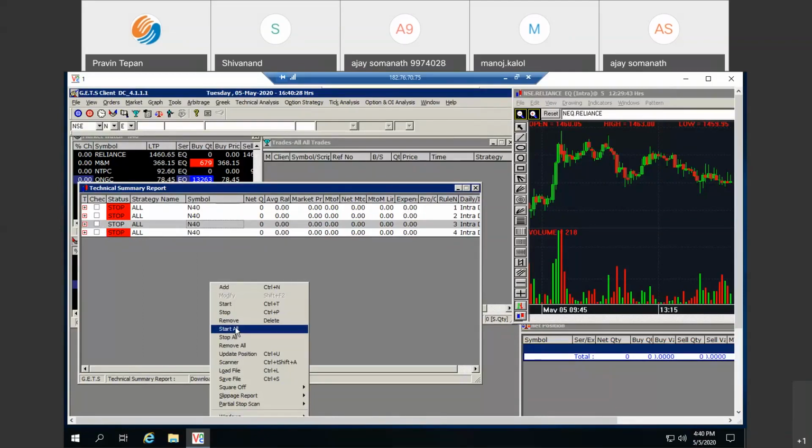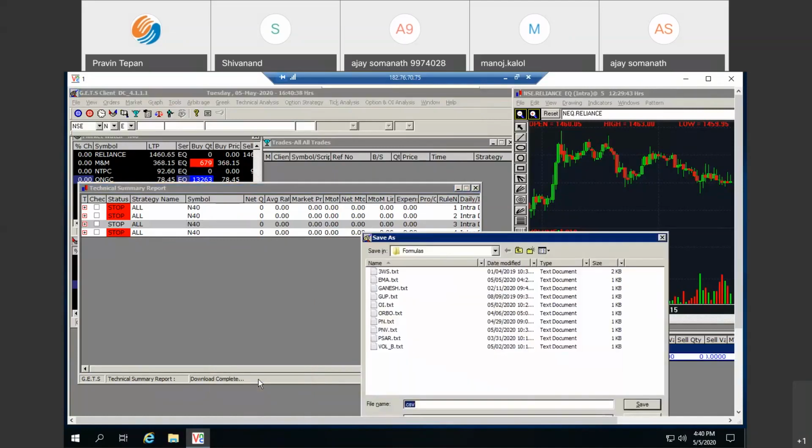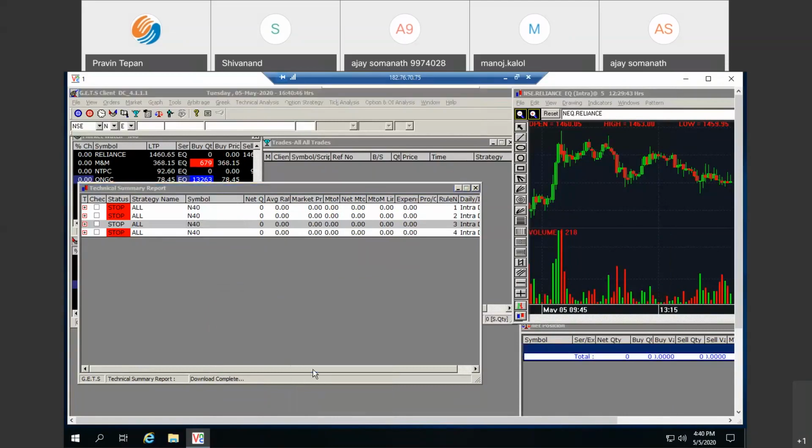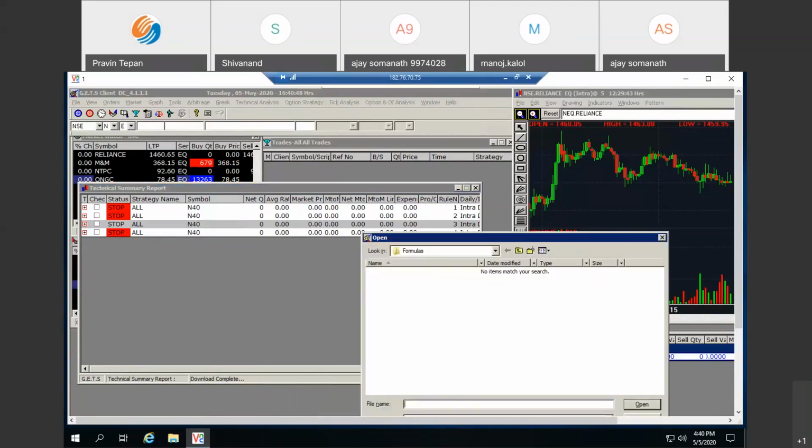So the next thing is, let's say you want to run all 4 rules daily. What you can do is save all the rules. There is a save file option, so you can save the rules in an Excel file or CSV file, and on the next day you have to right click and load the file. That Excel file will contain all your information, like your previous day position, your quantity, formulae, instruments. Everything is in the Excel file only.